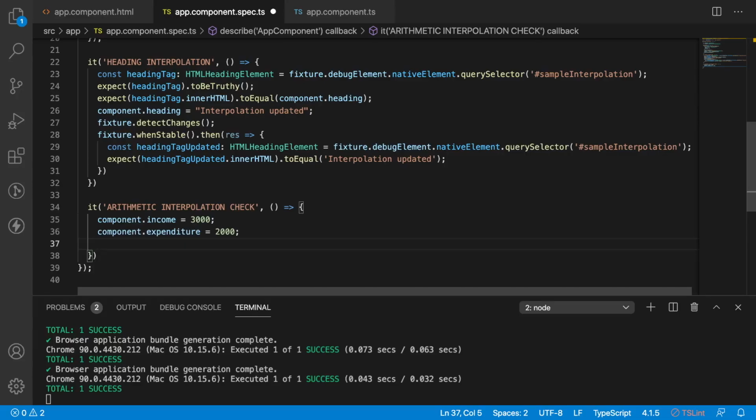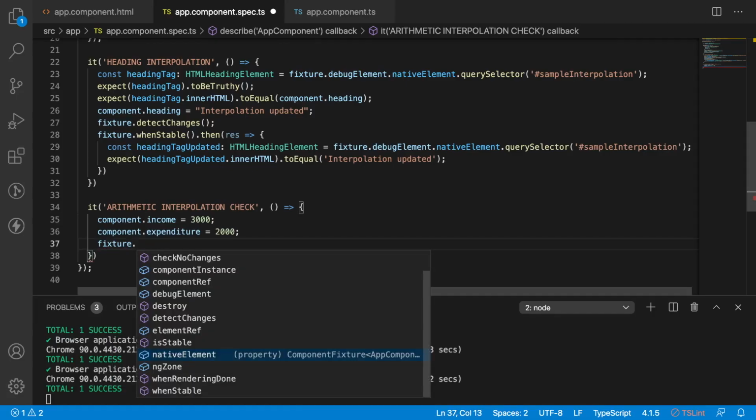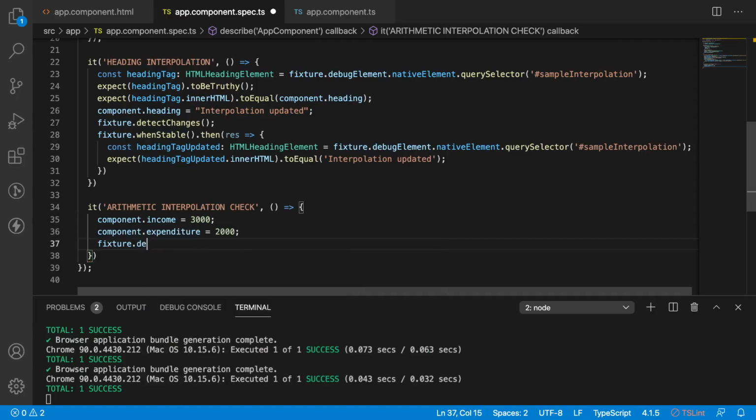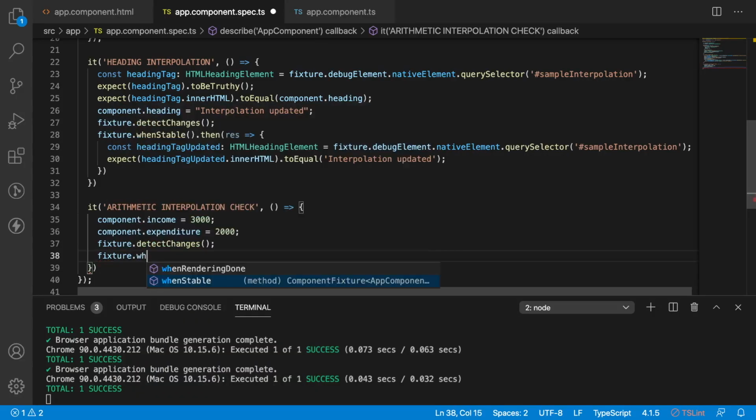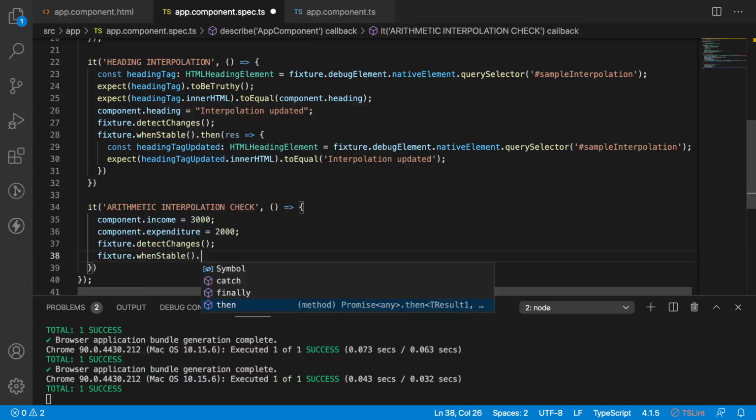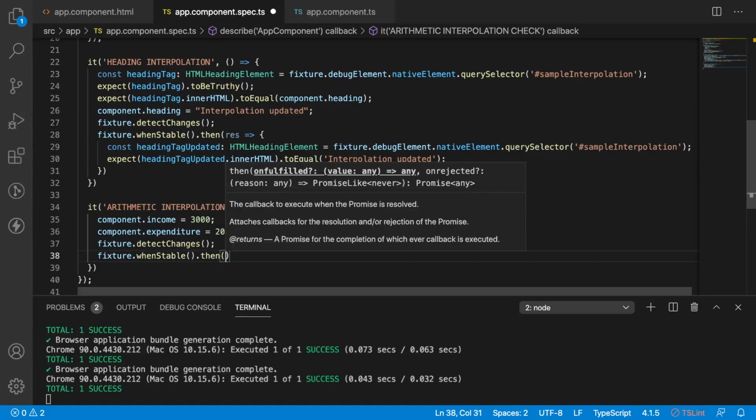Now, as we have updated our component, let us detect the changes so that it will impact our HTML. So fixture dot detectChanges. Now my detectChanges is an asynchronous call. Again, let me check when it is stable and then execute my logic.